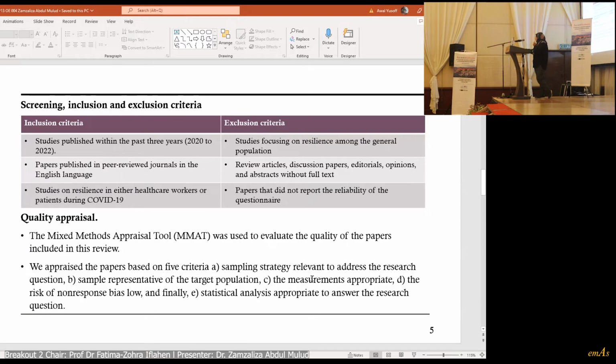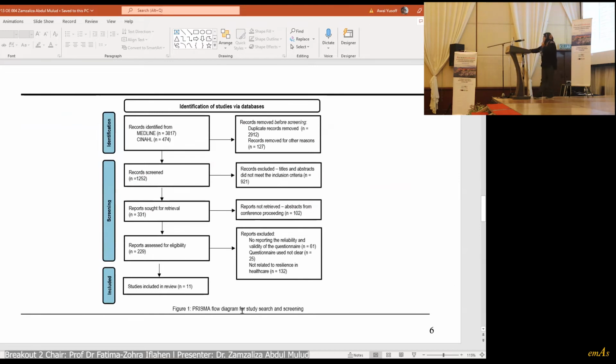We look at whether the sample strategies address the research question, whether the sample represented the target populations, as I mentioned in the inclusion criteria, whether the measurements are appropriate, whether the risk of non-response bias is low, and finally, whether the statistical analysis is appropriate to answer the research question. So, based on our search, we ended up with 11 papers that